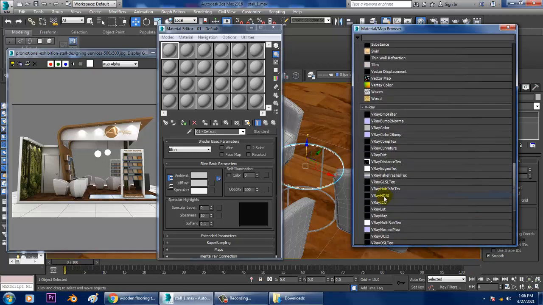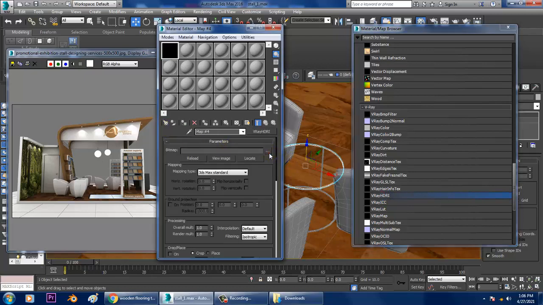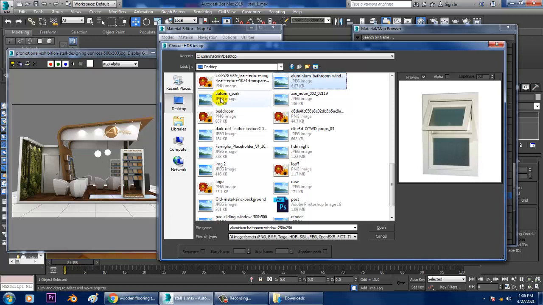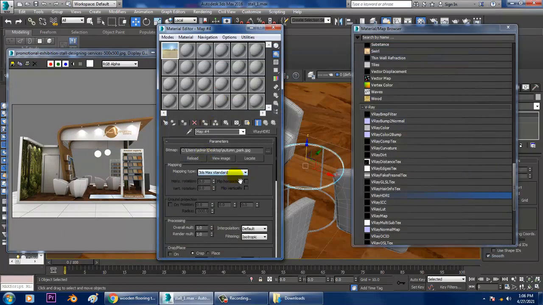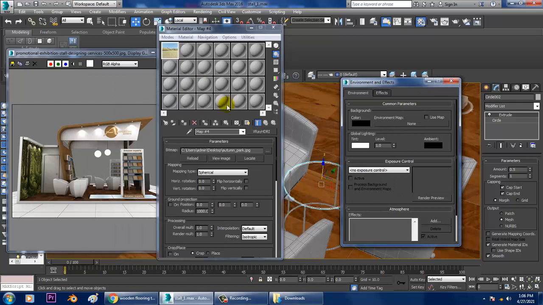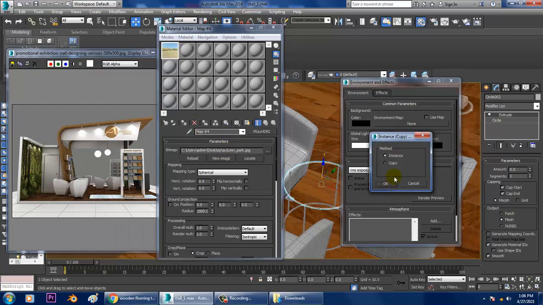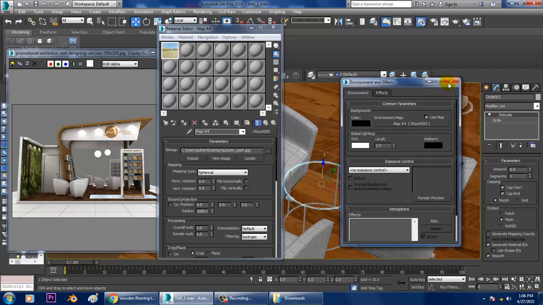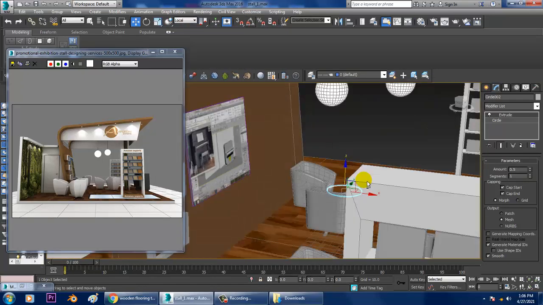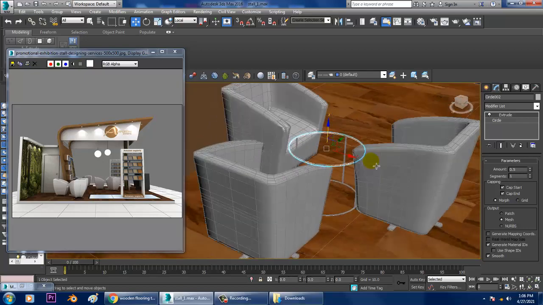Let's call a HDRI map and set it as spherical. Go into rendering, go into environment, and let's drag this map, make it as a copy over here, and let's render and see how it looks.